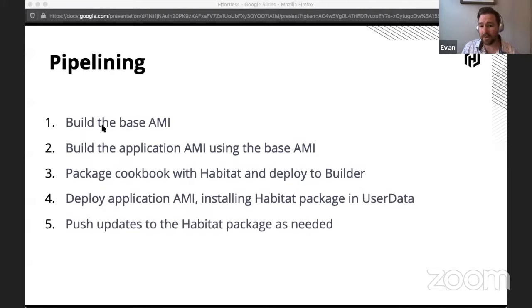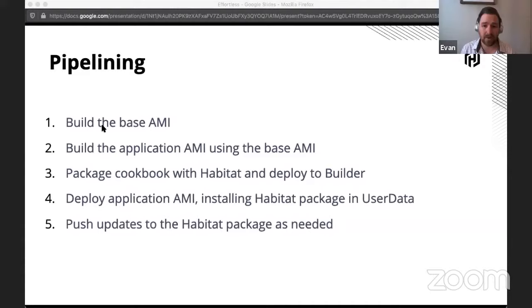Then you can push updates to the Habitat package, and using that channel, it's going to automatically pull in and run Chef again. It's nice. You don't have to worry about push jobs or anything like that anymore. It just automatically picks up those updates.